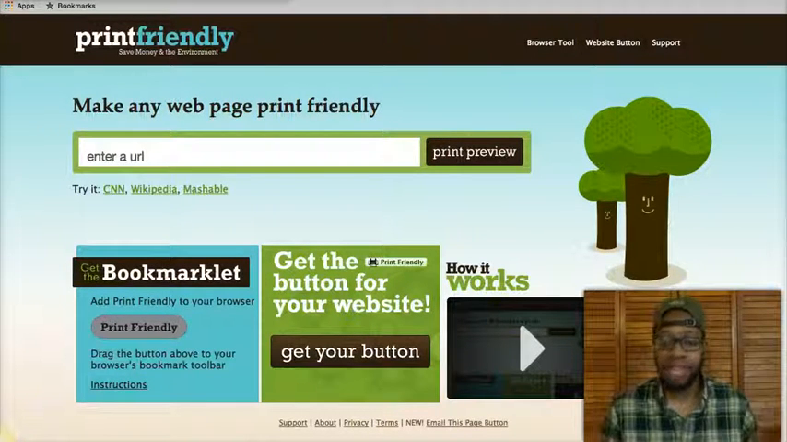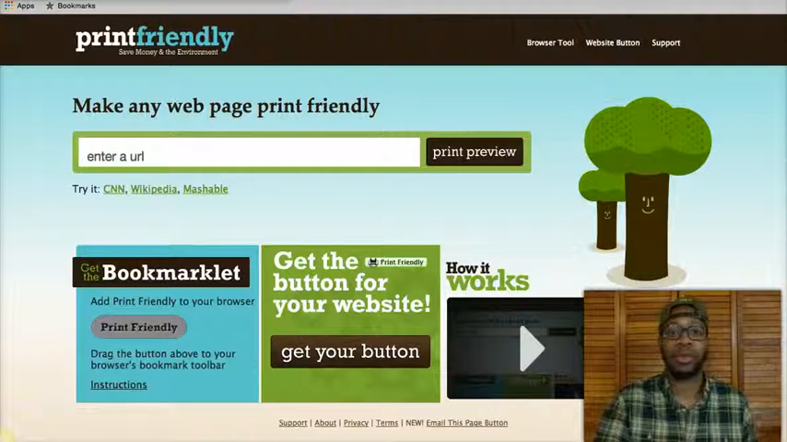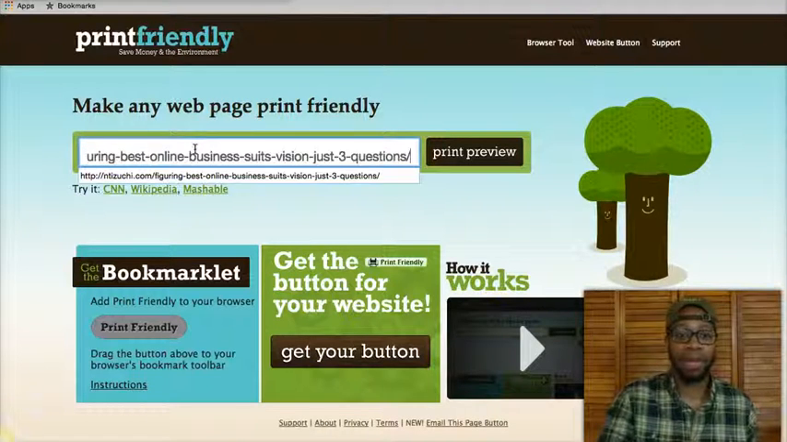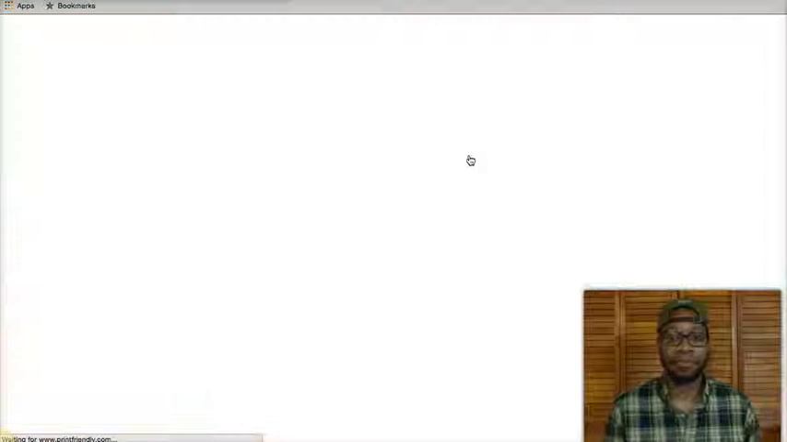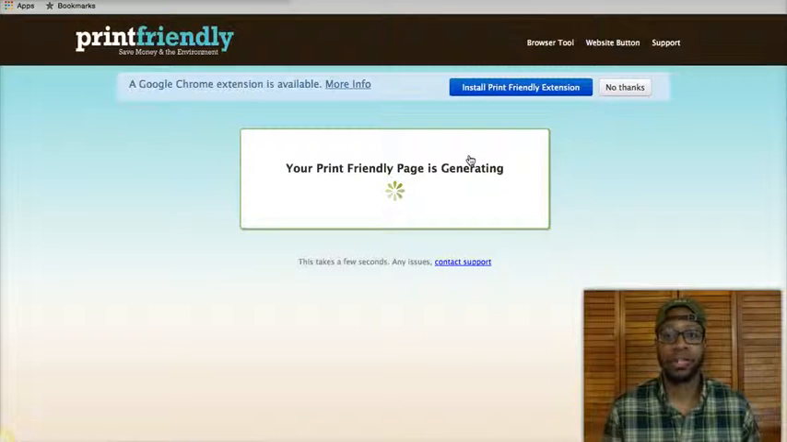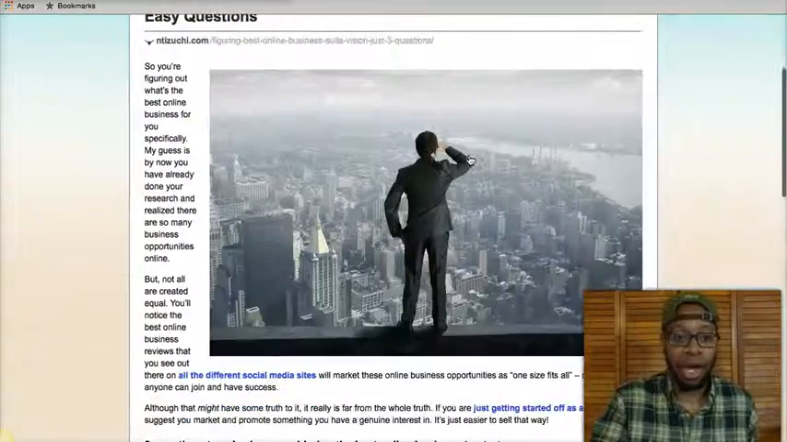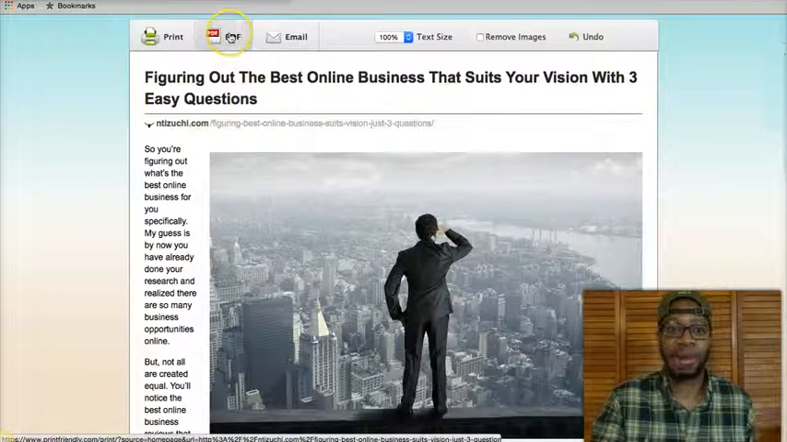I'm going to leave this stuff in the description area, or you probably should just come to my blog where I really map all this stuff out, okay? So what you're going to do is copy and paste your URL right here into this area, okay? And it's so simple. You hit print preview, and it's going to populate a PDF document out of your blog post. Okay? So you want to come right here where it says PDF, and you're going to want to hit PDF,